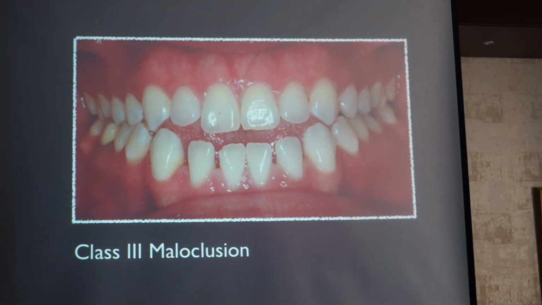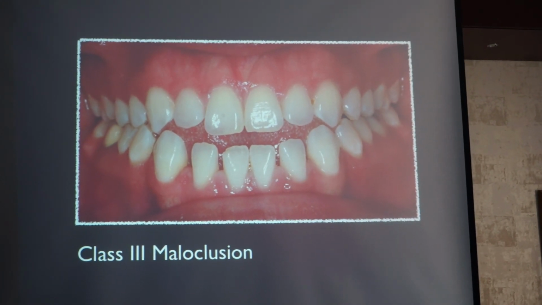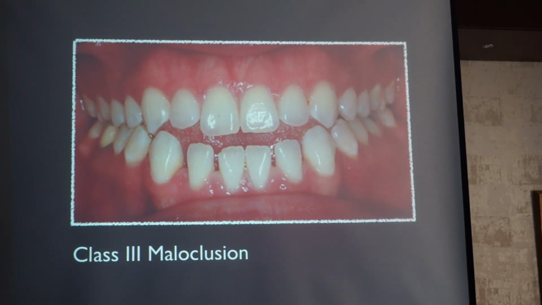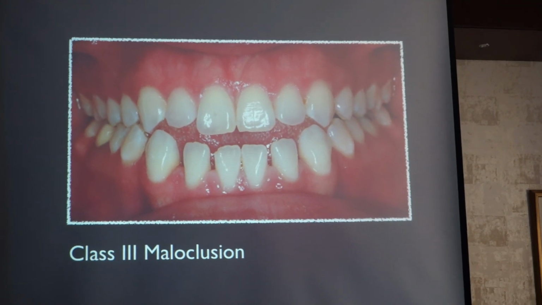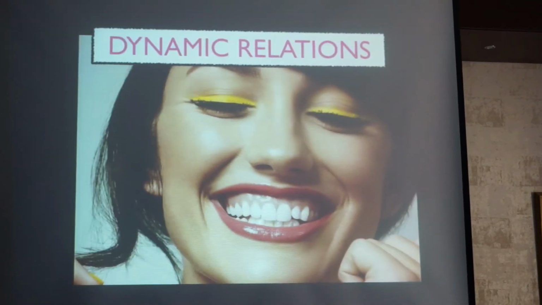Is it a class 3 malocclusion? What are the relations? Do we have spaces? What's the relation between upper and lower? What's the relation when she moves her teeth? Let's move to the dynamic relations, really interesting. I asked my assistant